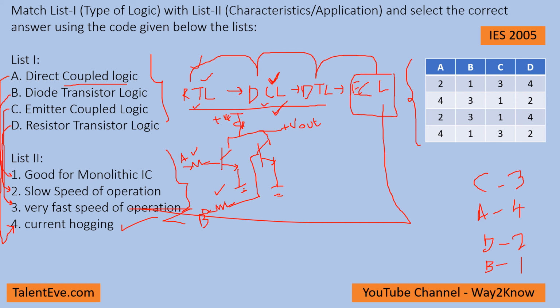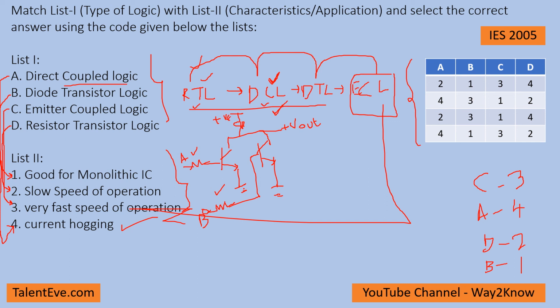is good for monolithic IC. If we take the example of a NAND gate implementation in DTL, there will be a number of diodes here instead of resistors, and etching these diodes on an IC is the easiest option. So it is good for monolithic IC. So the advantage with respect to DTL comes with respect to monolithic IC as the number of sections increase. So that is how this is mapped.